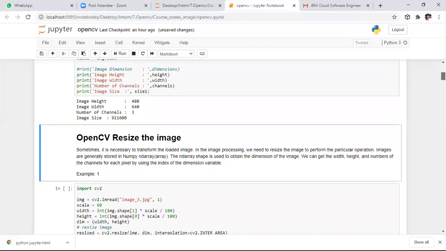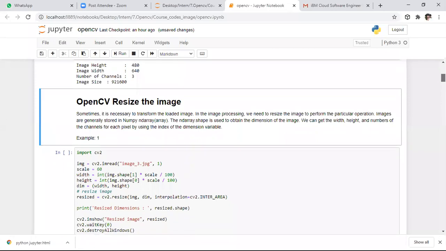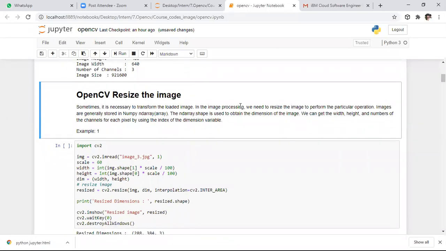After that, how to reshape the image? To reshape the image, we need to reduce the height as well as the width of the image. If you want to reduce the image pixels, if you want to compress the image, we need to reduce the pixels. Here, I want to reduce by 100 samples, so I'm normalizing this image by 100 on the height as well as the width. After that, I am observing the dimensionality with the reduced features. Whenever you want to perform resizing,